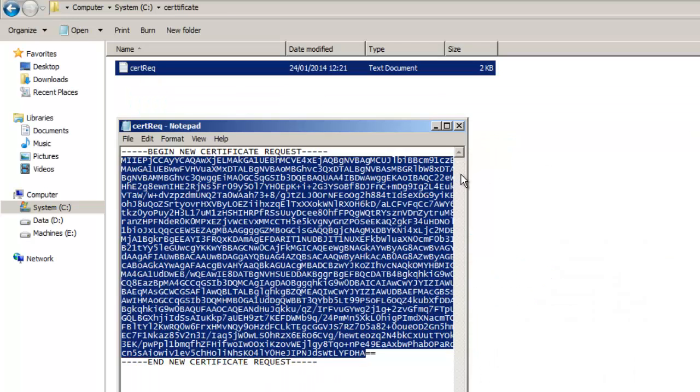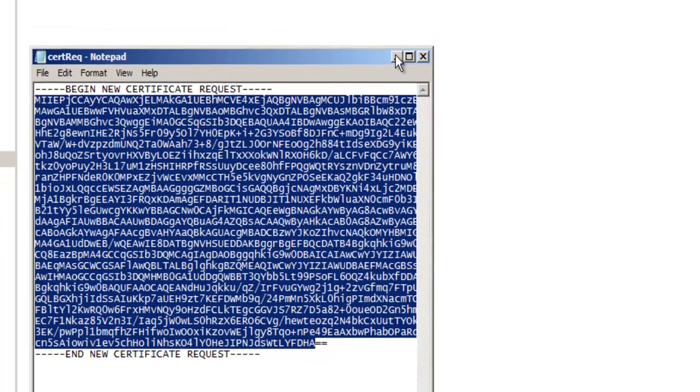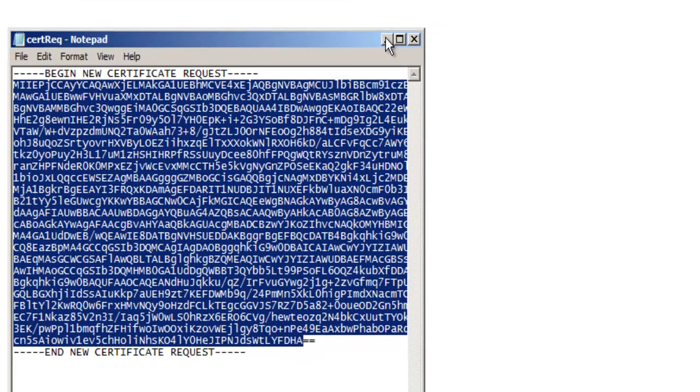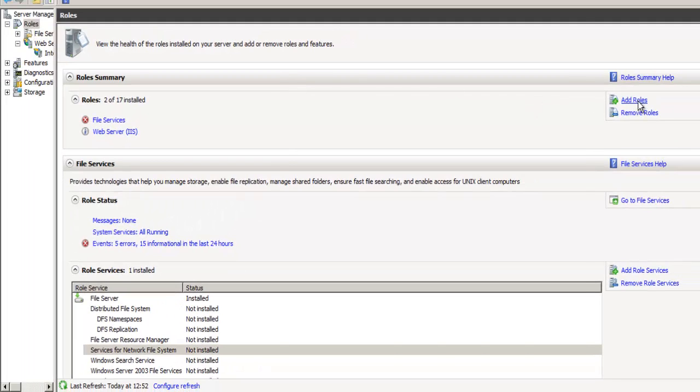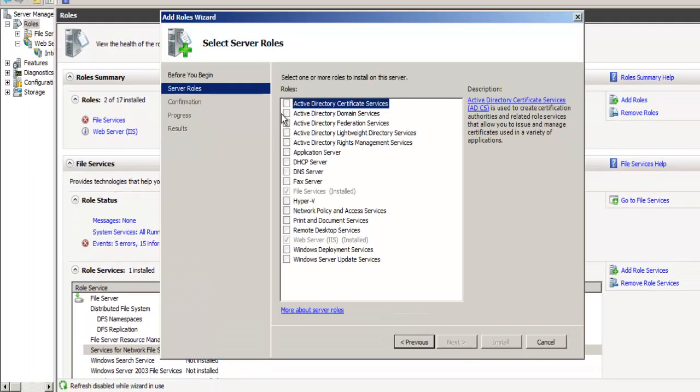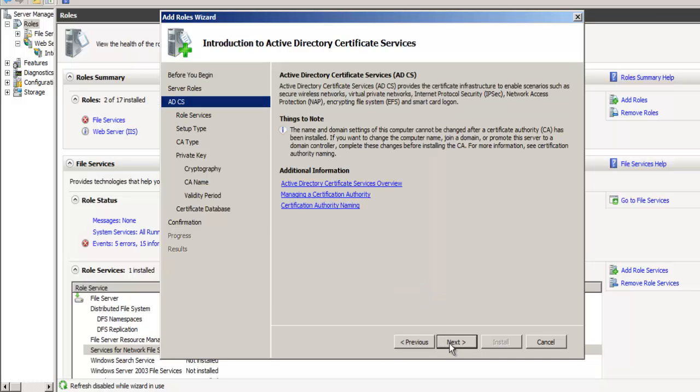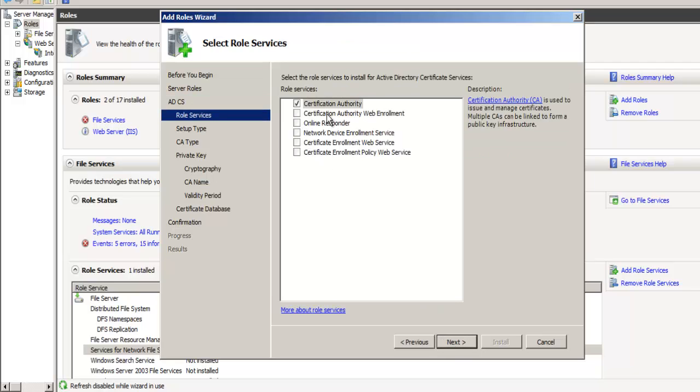So the second alternative is to install a server certificate authority locally, and this is possible via installing this server role, which is the Active Directory Certificate Services. So let's move and choose the certification authority,